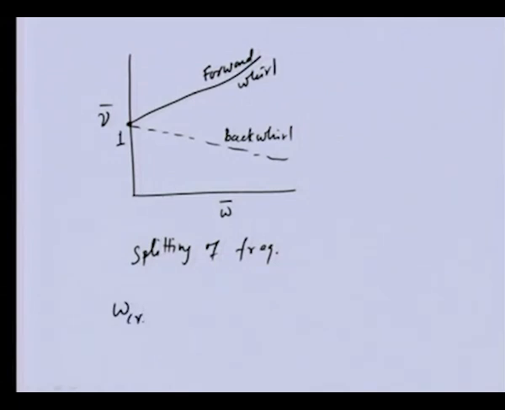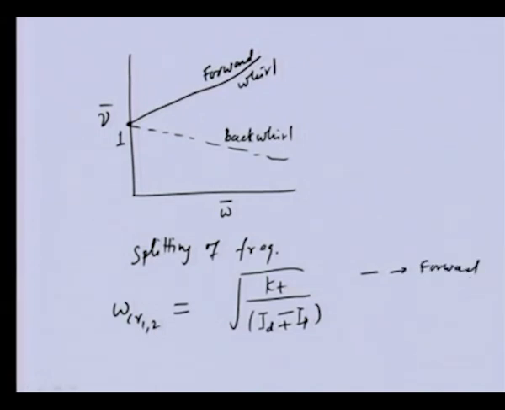We will be getting two values of this, first and second, and the expression will be the square root of kT divided by ID minus plus IP. So, this minus corresponds to the forward whirl and plus corresponds to the backward whirl,